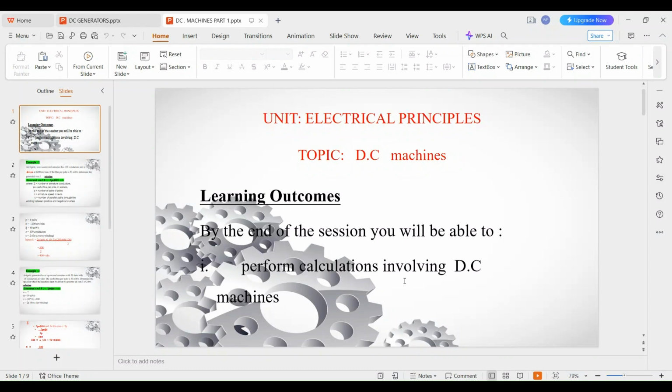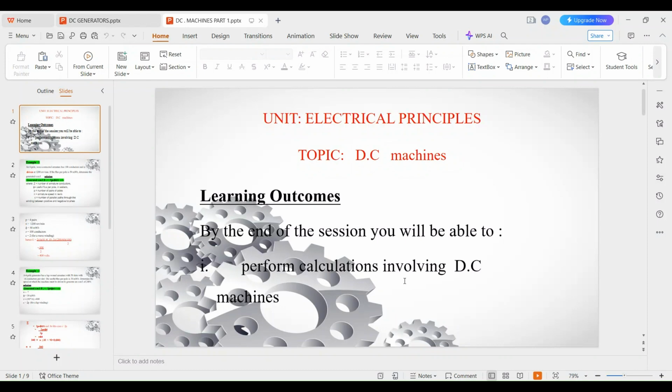We're just continuing. We started the topic of DC machines. We did the introduction part of it, whereby we defined what a DC generator is. We looked at the classification of DC generators and their types. And now today we are looking at the